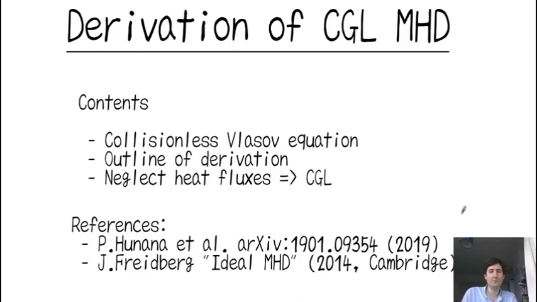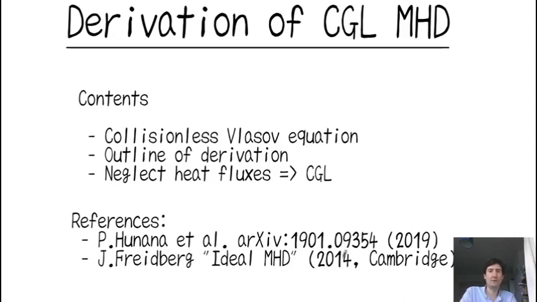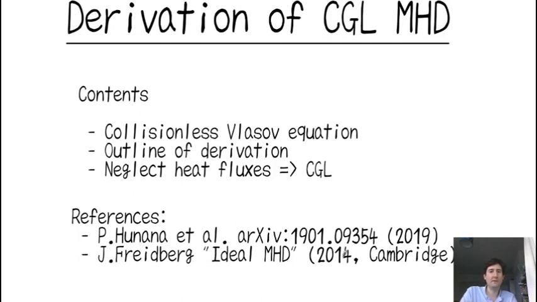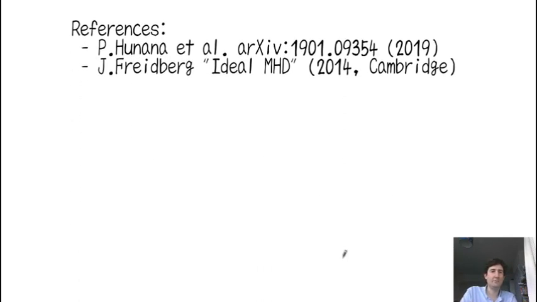The main resources I've used for this: there's a recent paper on arXiv which reviews CGL MHD, and that's extremely useful. There's also a section of Freidberg which deals with CGL. So it's essentially a collisionless theory for collisionless plasmas, and so we're going to start with the collisionless Vlasov equation,